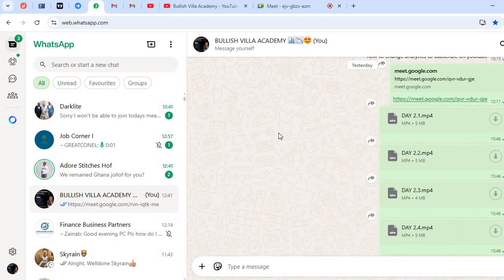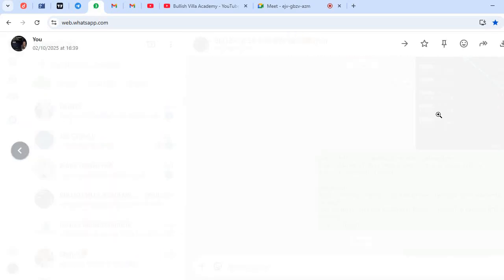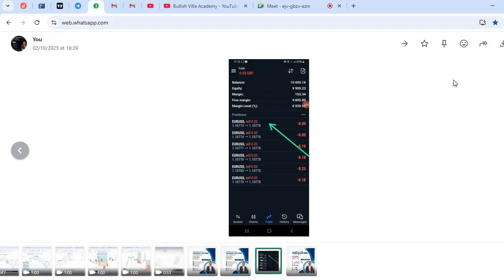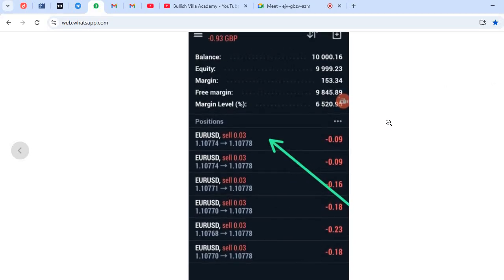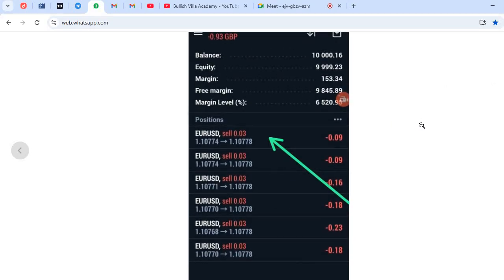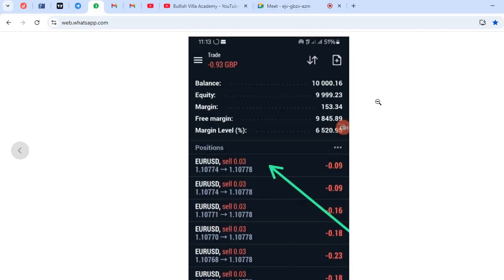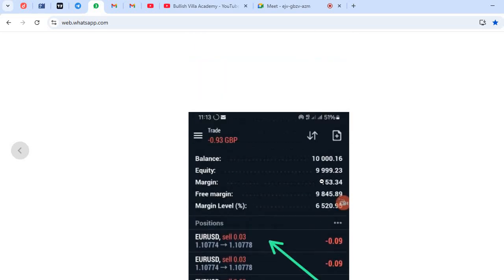So I want to show you the meaning of positions. Okay, look at this. Can we see this clearly? All right. So now, if you look at this chart, there have been